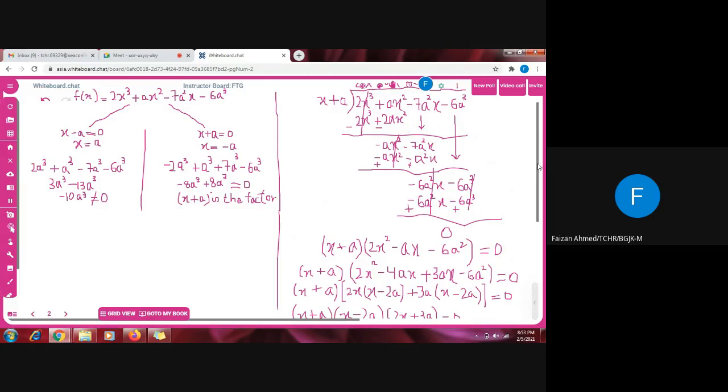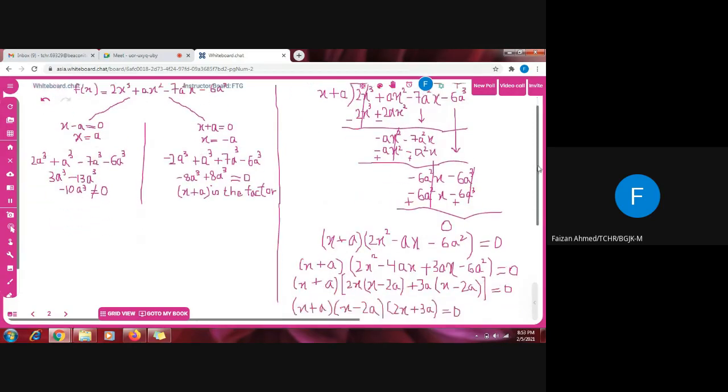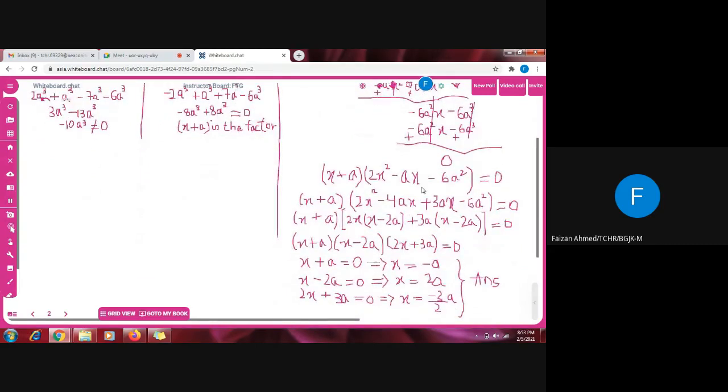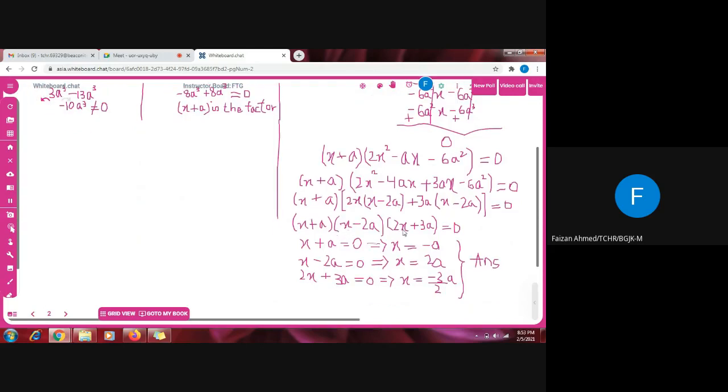And since we have to find the remaining factors, I told you when I have one factor and I have to find the other factors, I use synthetic division or the long division, because it gives us the answer easily and I know how to do long division. So I applied the long division method and I found out the remaining factors. One is the linear and the other one is the quadratic. And since this is a quadratic expression, I factorized it by using the middle term breaking method, found out the three factors, and since I have to solve it, I put each bracket equals to 0 one by one and find out the three values of x.